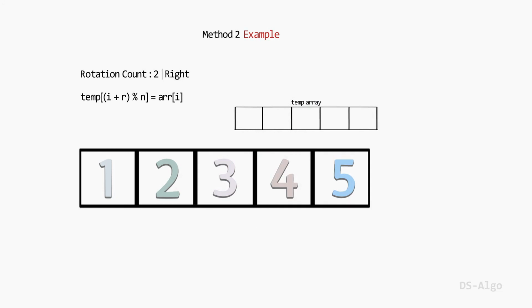Now start iterating the array and initializing the auxiliary array using the formula.